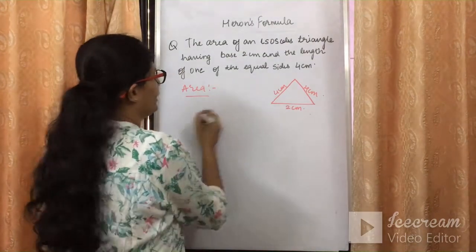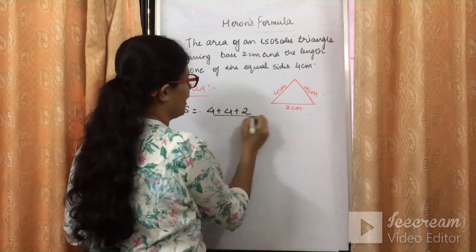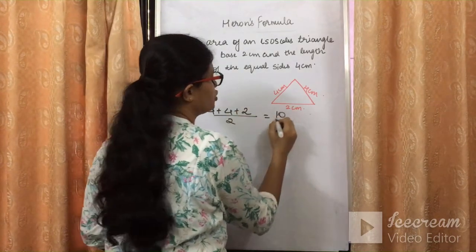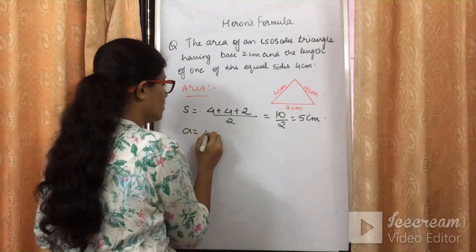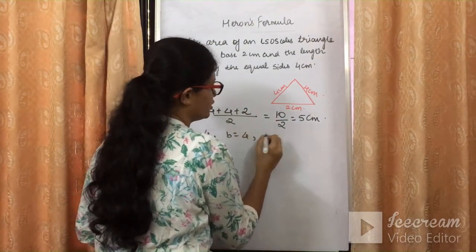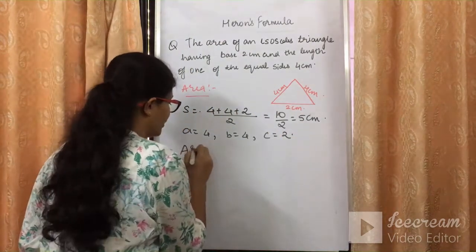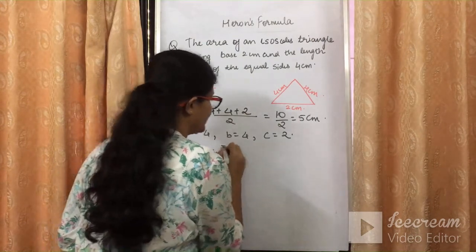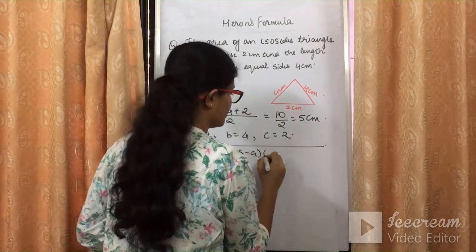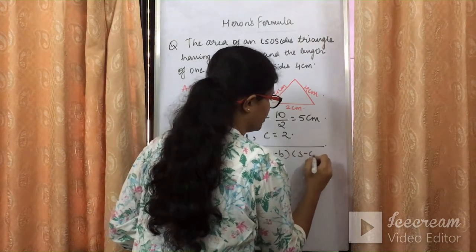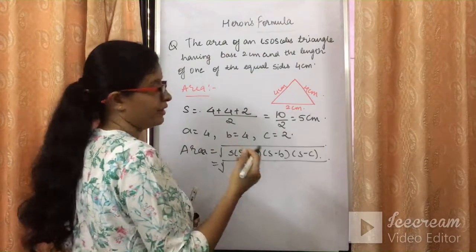Now what we need to find out, semi perimeter, that will be 4 plus 4 plus 2 divided by 2. So it will be 10 upon 2. It comes out to be 5 centimeter. A is 4, B is 4, C is 2. So you have sides and you have S with you. Done with the question. So ऐसे टाइप के क्वेश्चंस आपको MCQ में पूछ लिए जाएंगे, which is very simple and you can just answer it within the minutes. Not even within the minutes, within seconds.